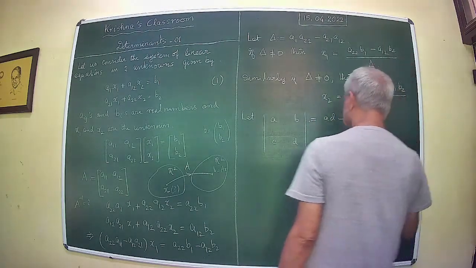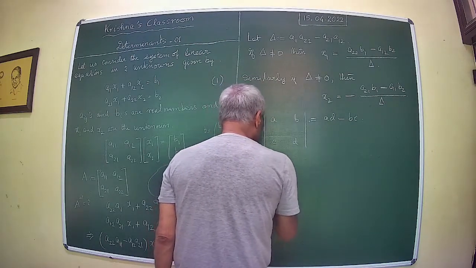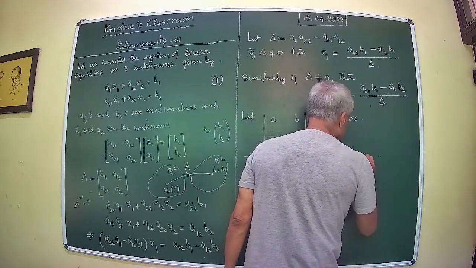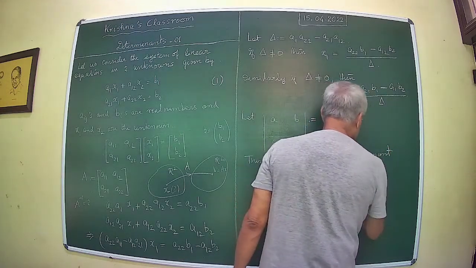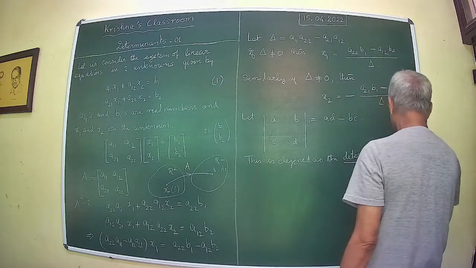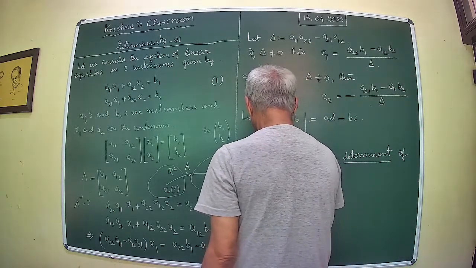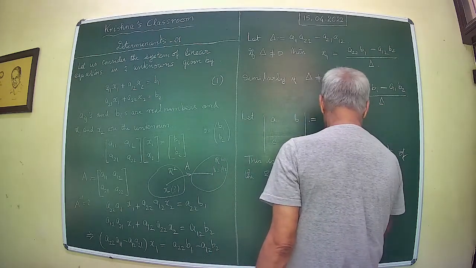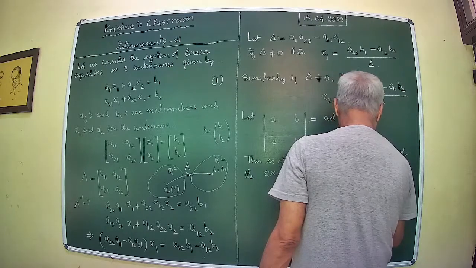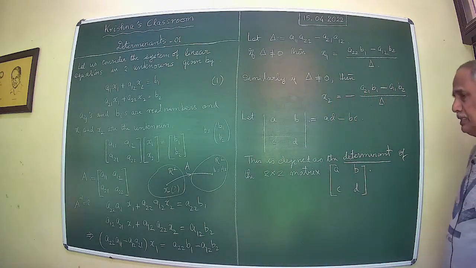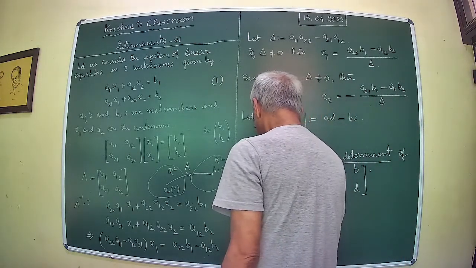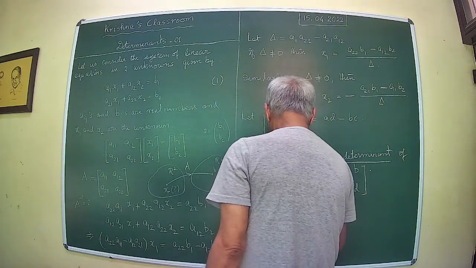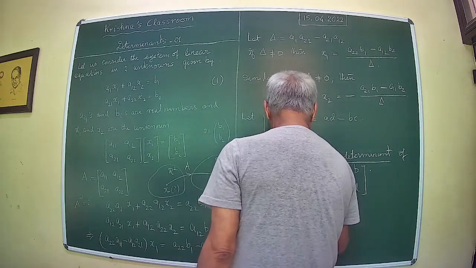Which you call, this is called as the determinant of the matrix ABCD. With this notation, we have